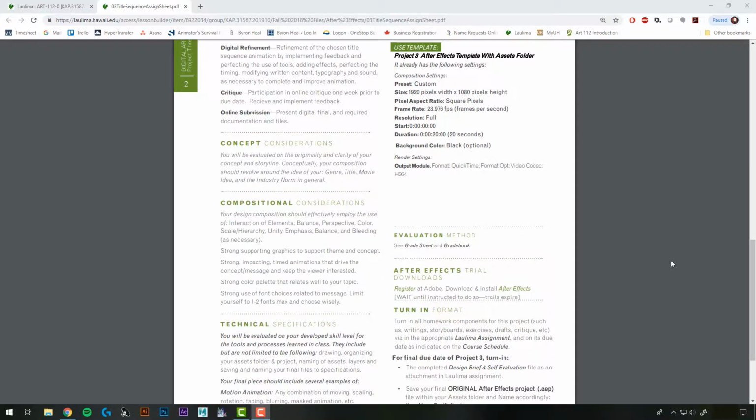So like with the past 2 projects, we also have some compositional considerations, and a lot of them are really similar. So your design composition should effectively employ the use of interaction of elements, so how all of your different graphics, images, and videos are interacting together, balance, perspective, color, scale and hierarchy, unity, emphasis, balance, and bleeding. And these are all things that we covered in the